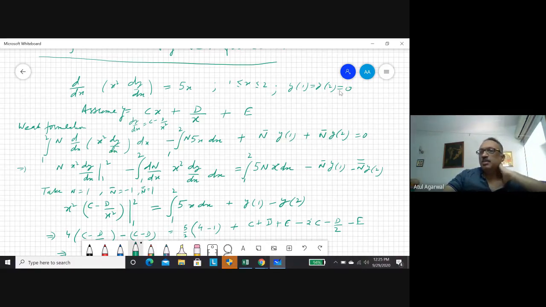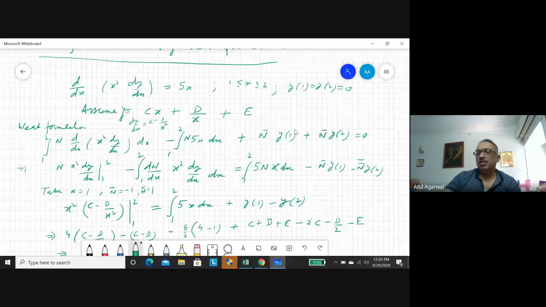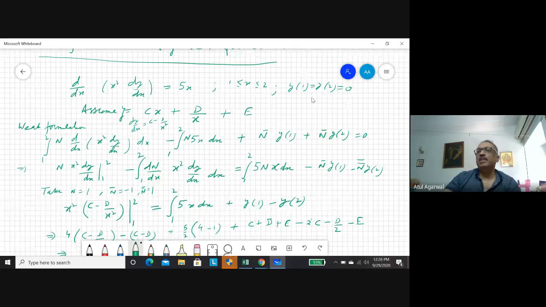If suppose y1 is equal to y2, y is equal to 5, then we would have written y1 minus 5 into this weighting function, y2 minus 5 into this weighting function. So this way we have added two more terms to this equation. Okay. If we have to make the entire left hand side as 0, then we are also handling that these equations are satisfied. Only then left hand side will be 0. So we again do integration by parts for this term.